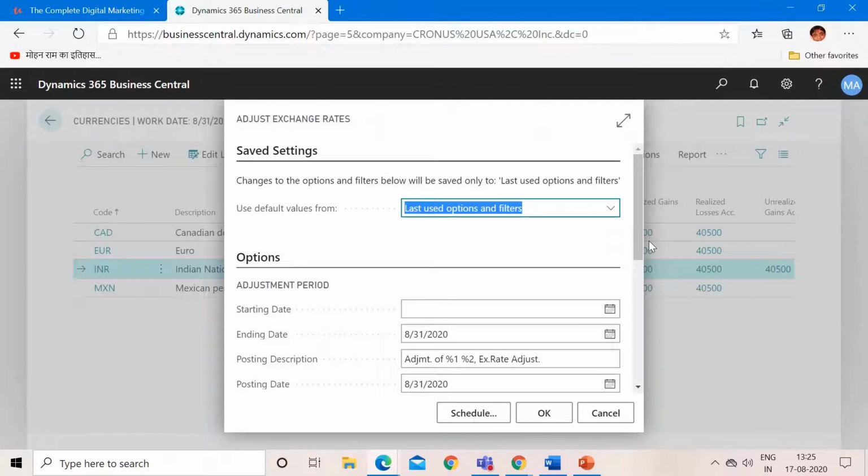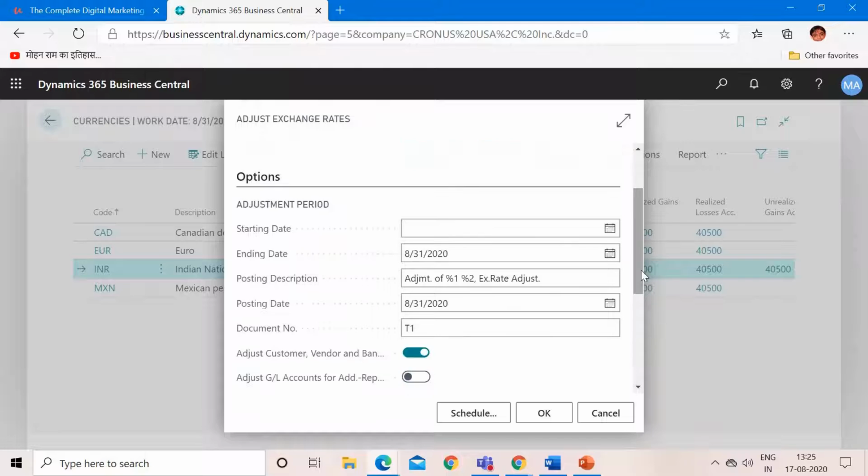In our case, in the starting date I will leave it blank, because I don't want to give the system any range from which it checks the invoices. I want all the open invoices to be processed till 31st of August, so it will cover all the open invoices till 31st of August.